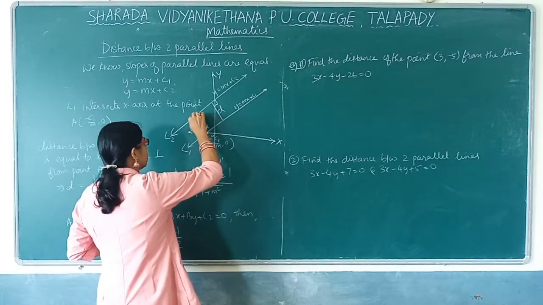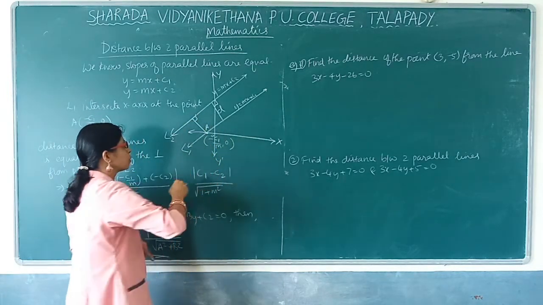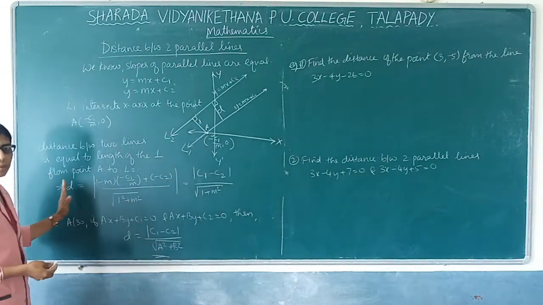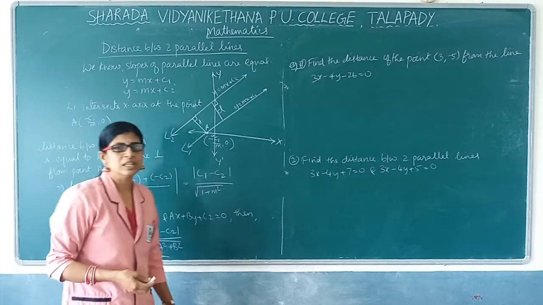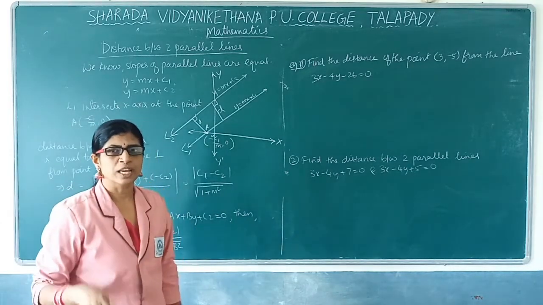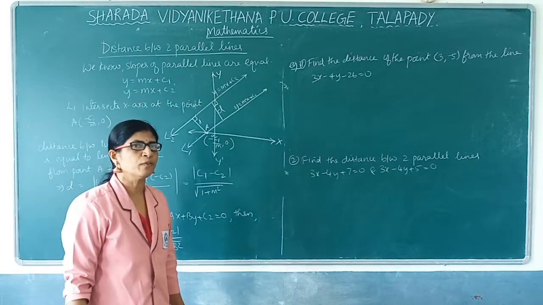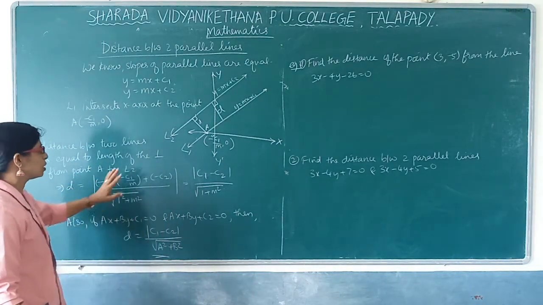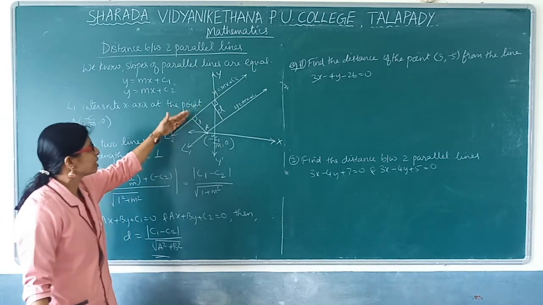See, you know everywhere between parallel lines the distance is equal. If this is D, this is also D only, isn't it? So distance of a point from a line. What is the formula we have derived? D is equal to modulus of ax1 plus by1 plus c by root of a square plus b square. So here the equation of the given line only we are going to write. What is the equation of the given line? Second line. This is the line actually.